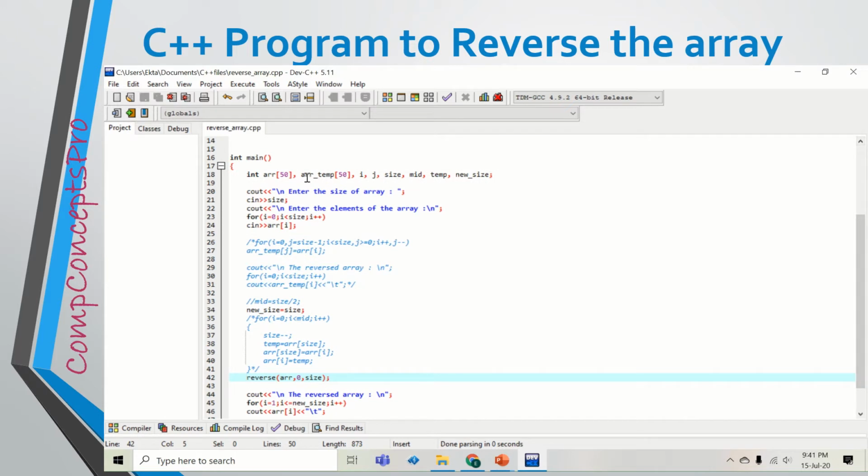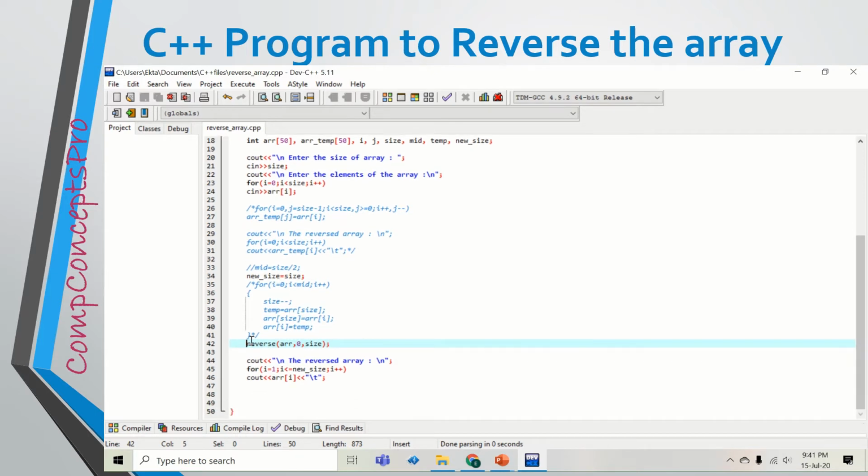Now in the main function, firstly I have declared the required arrays and variables. Then I have asked the user to enter the size and elements of the array. So now first we will see how this recursive function works.